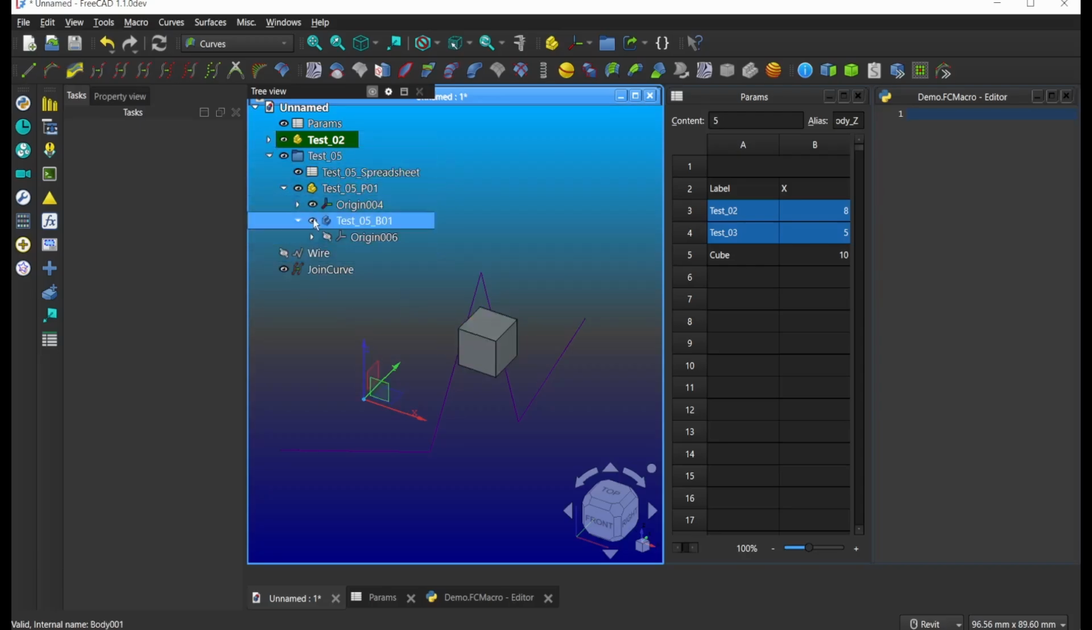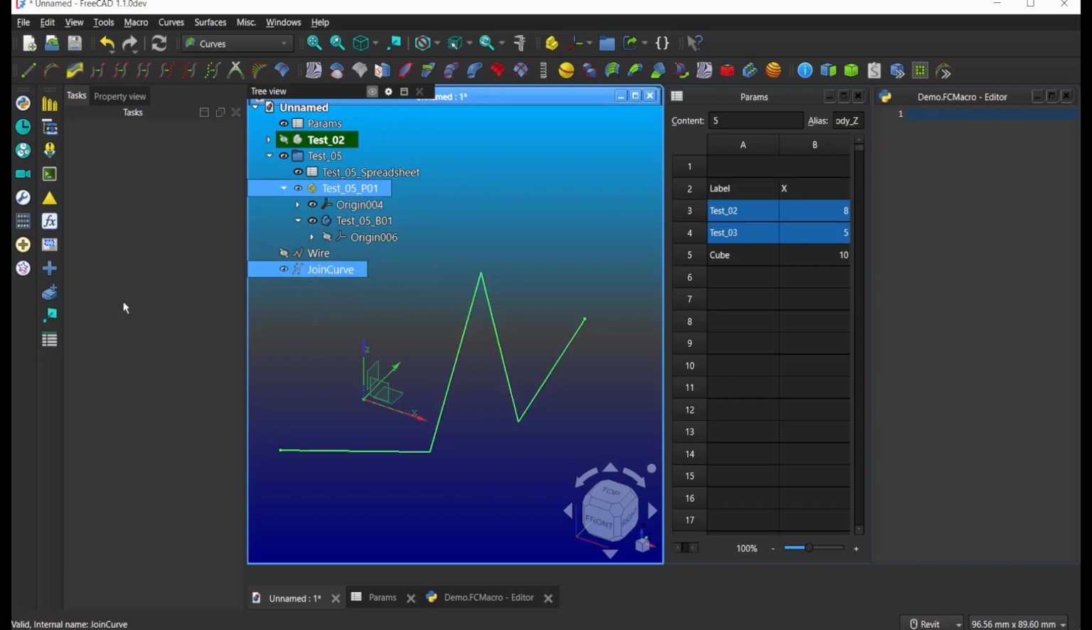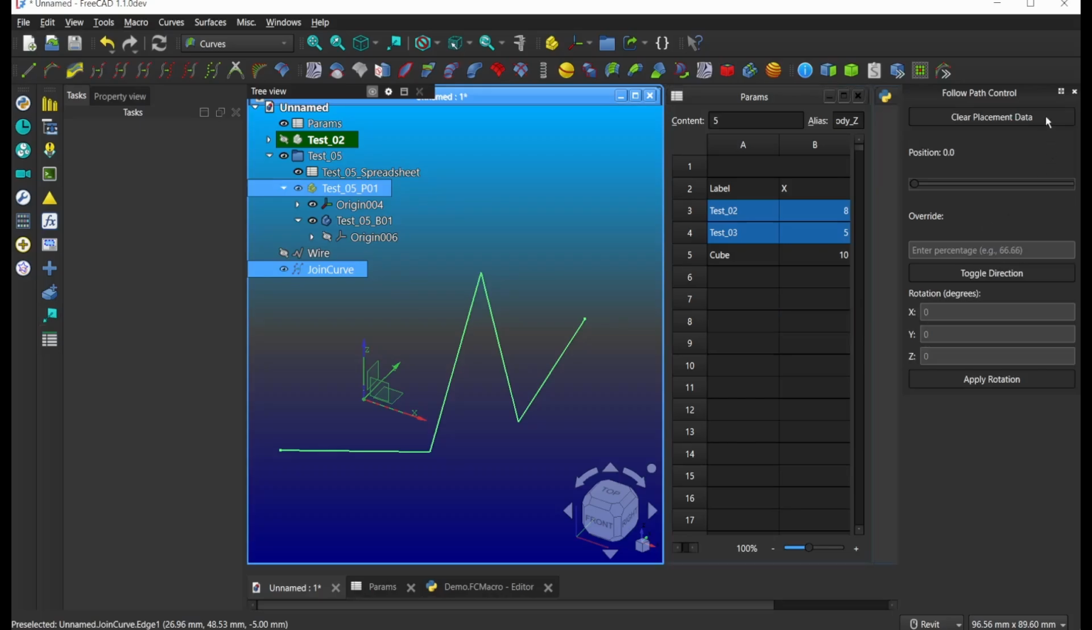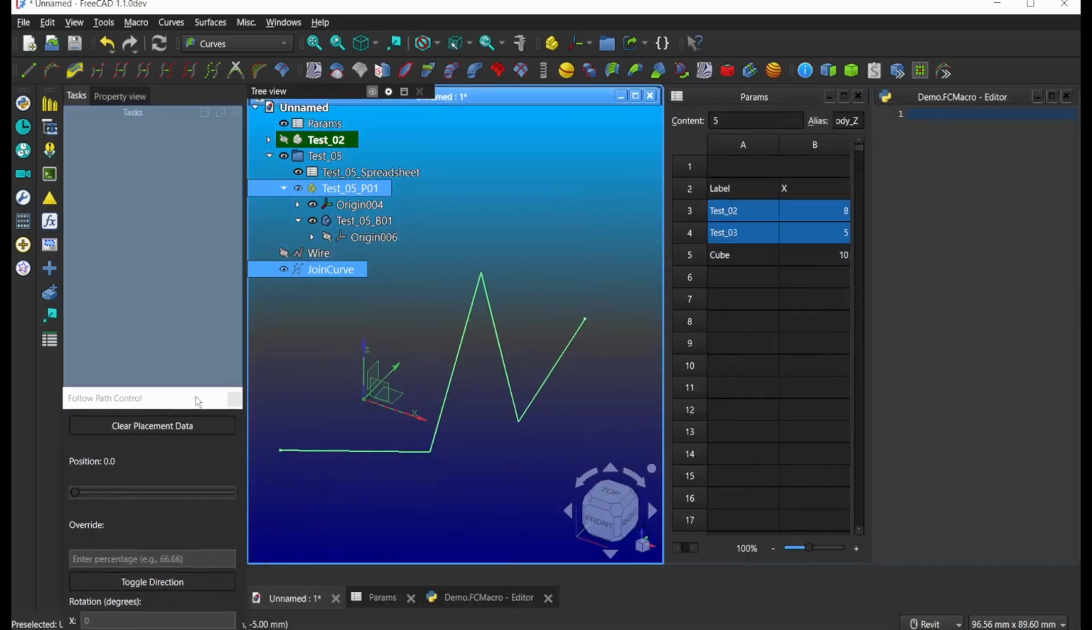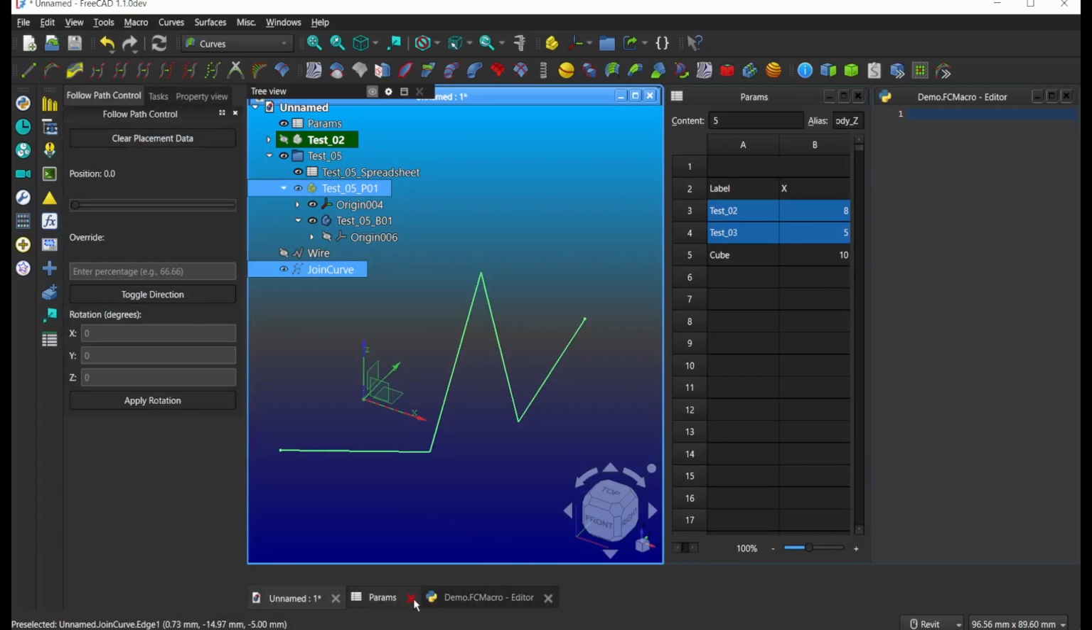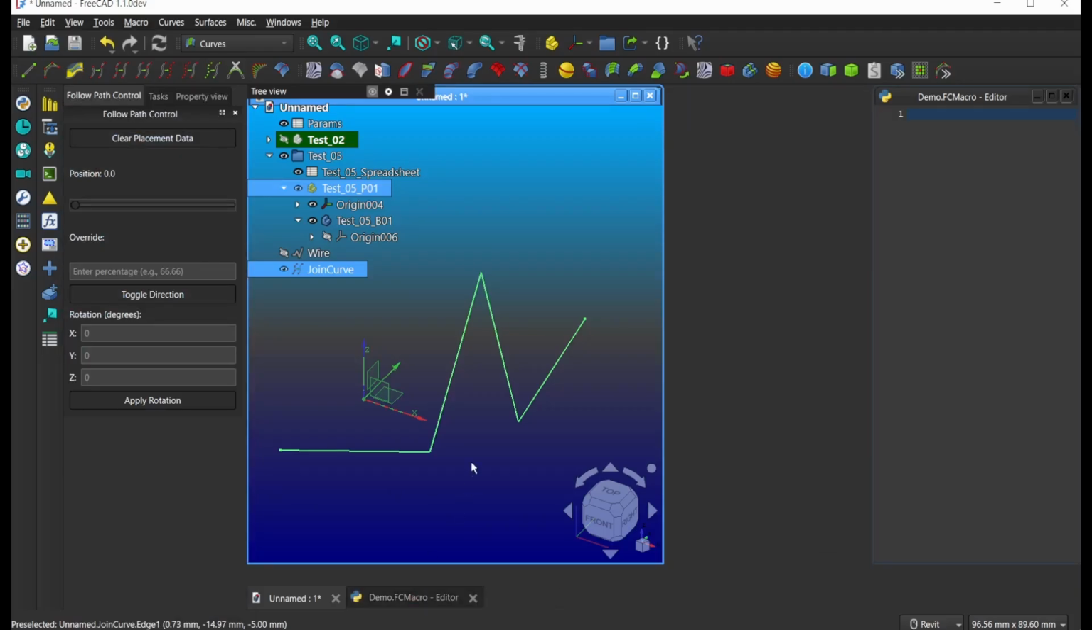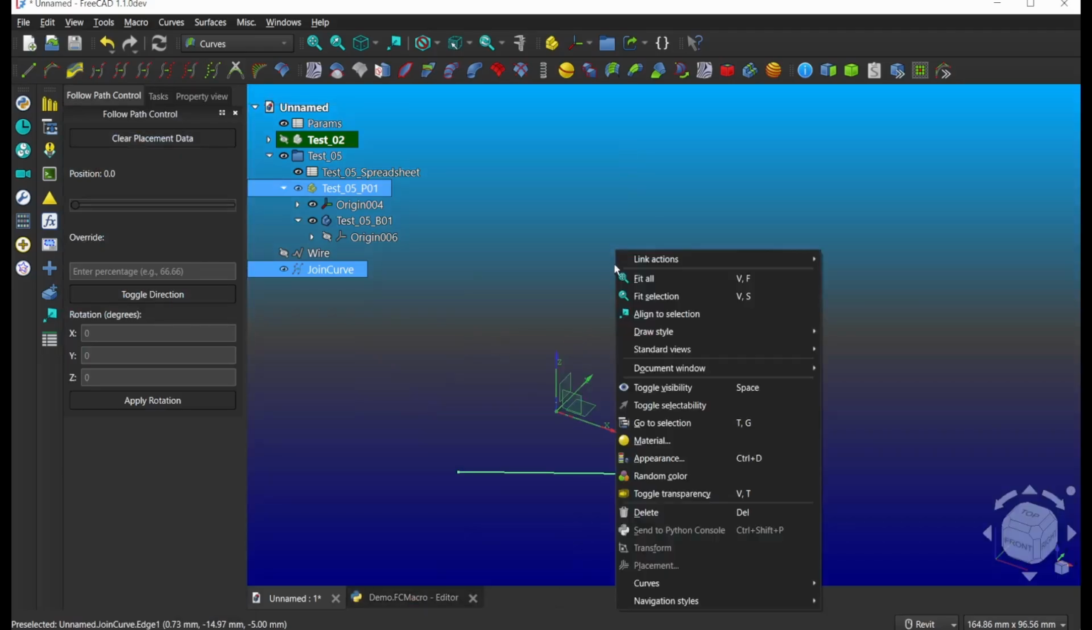And the cube. Where's the cube gone? Right, test 5. That's the one we want. Okay, so we have test 5 and the roller coaster and the follow path. I'll close that spreadsheet down, make that large, fit all right. Okay, so